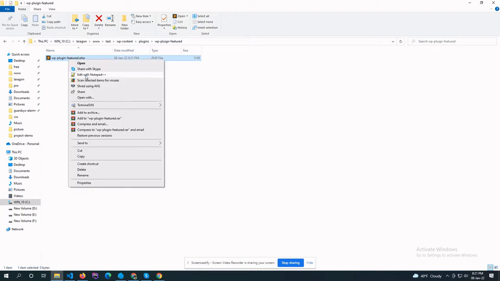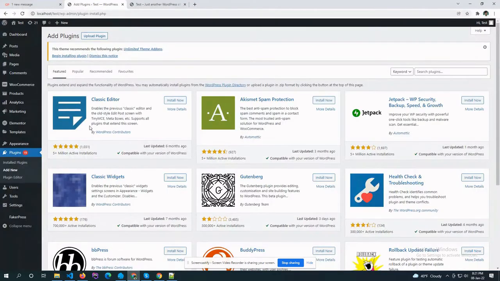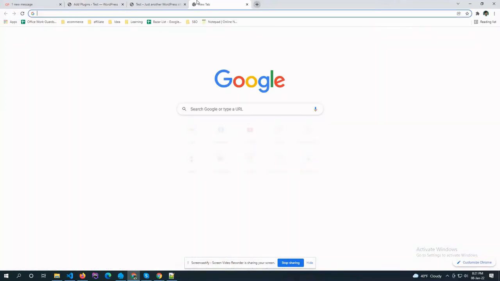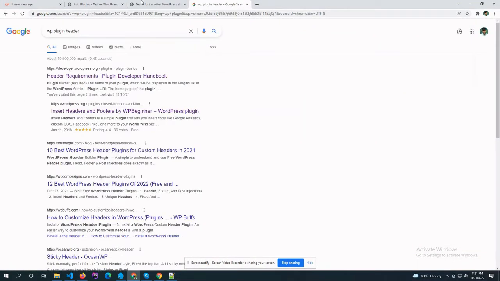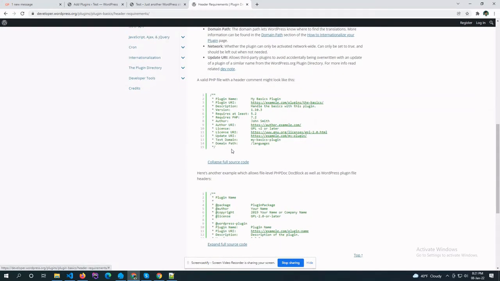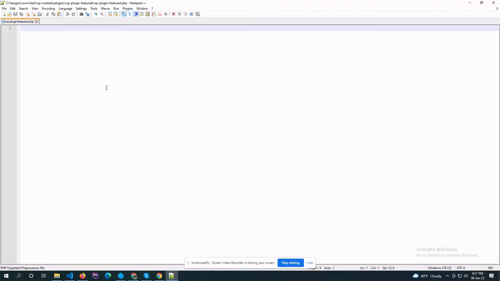Now write the plugin header in the plugin file. Copy the plugin header details from WordPress.org, then paste it here.